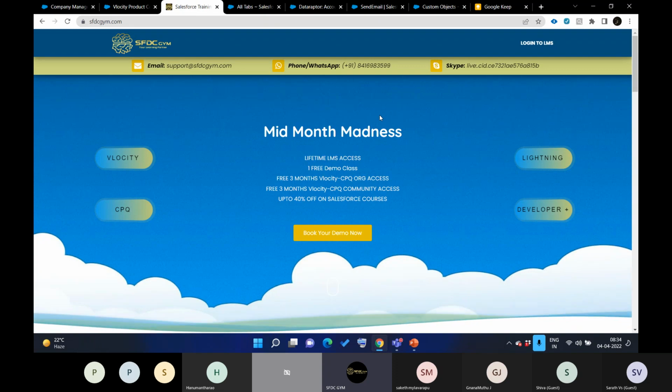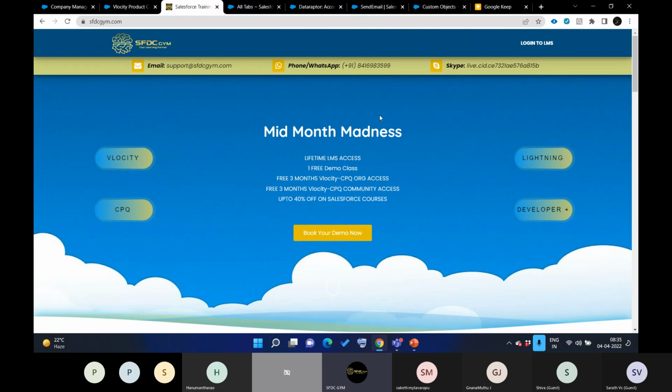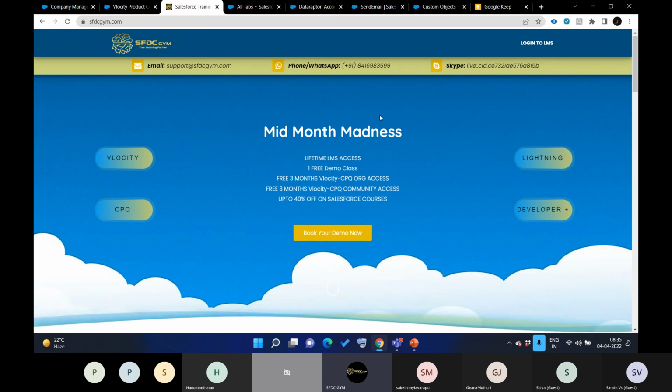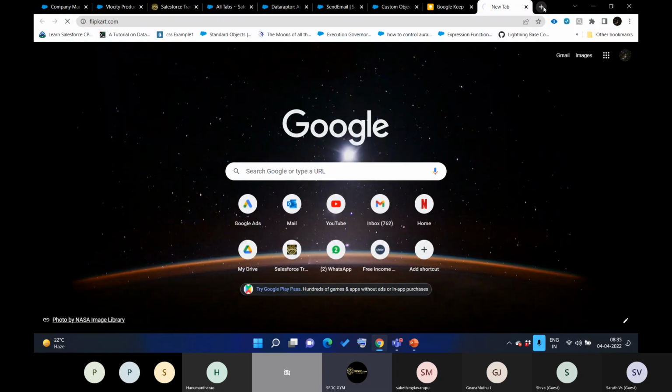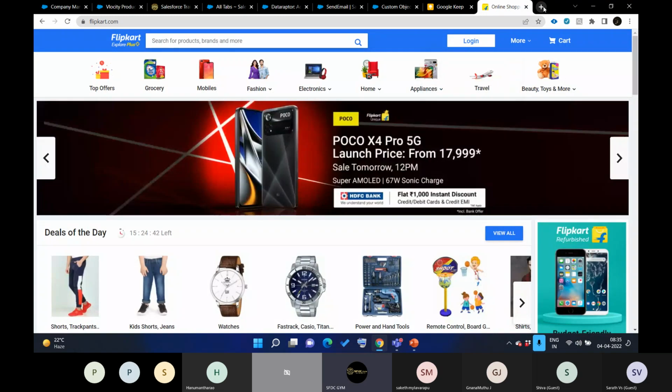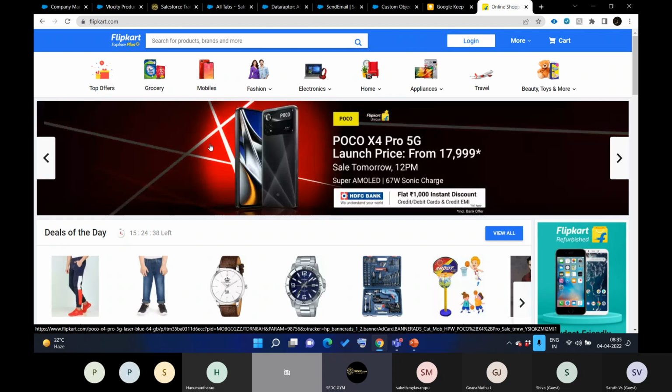Before we move into the technicalities, let's discuss real-time examples, like why Salesforce acquired Velocity and what types of business were not there in Salesforce before acquiring Velocity. We will discuss these things with the help of some real examples. Let's say Flipkart or Amazon, whatever you like. I basically like the Flipkart website, it's more user friendly for me.